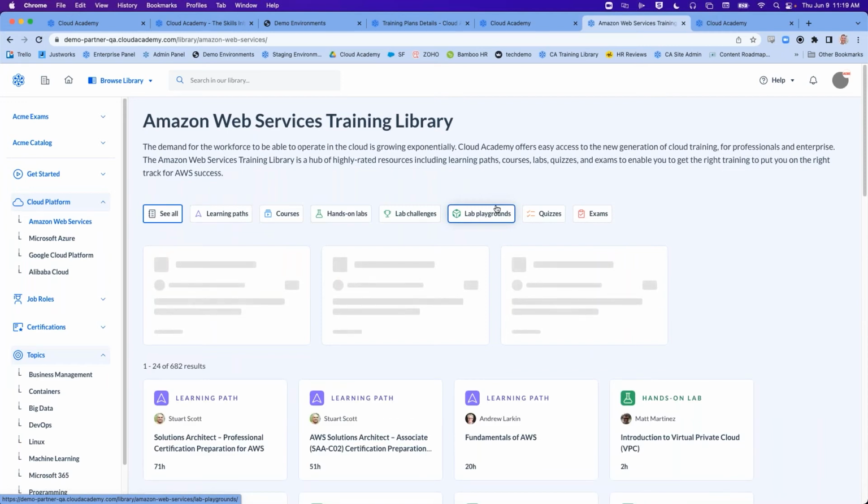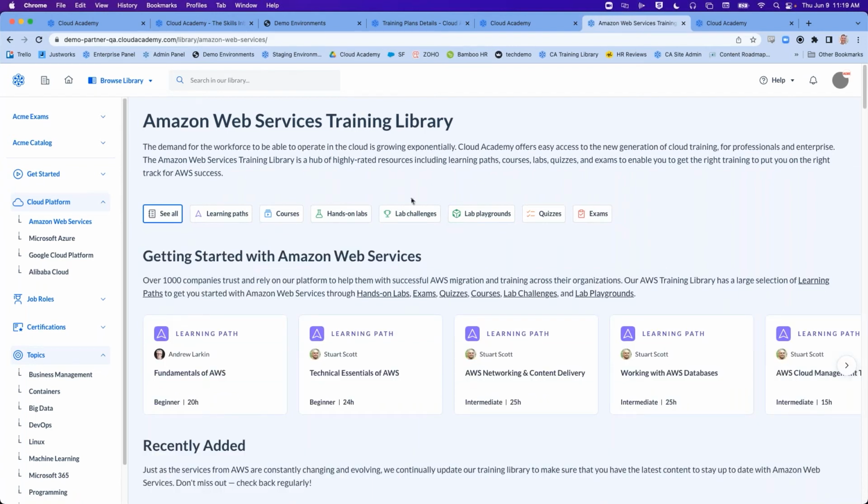So let's discuss one of the next big topics that really sets Cloud Academy apart, and that's going to be the labs that we have to offer. We very briefly discussed the lab challenge being the unguided that can also be leveraged through a baseline assessment. What I'll show you momentarily is a guided hands-on lab. The third one you'll see here is a lab playground.